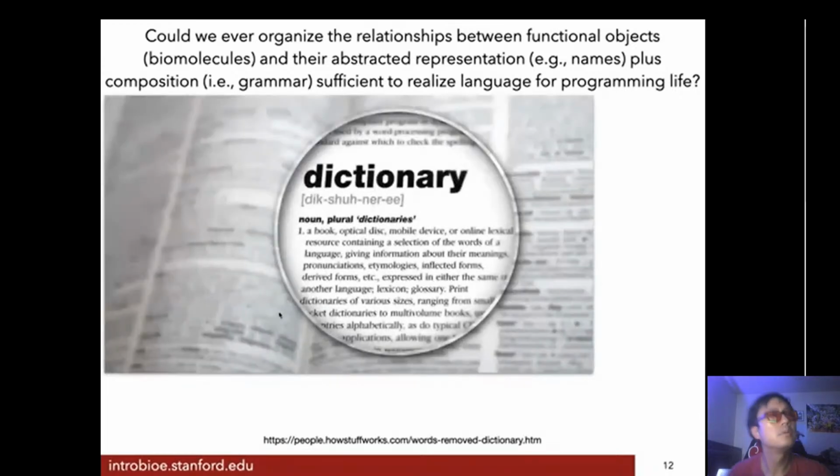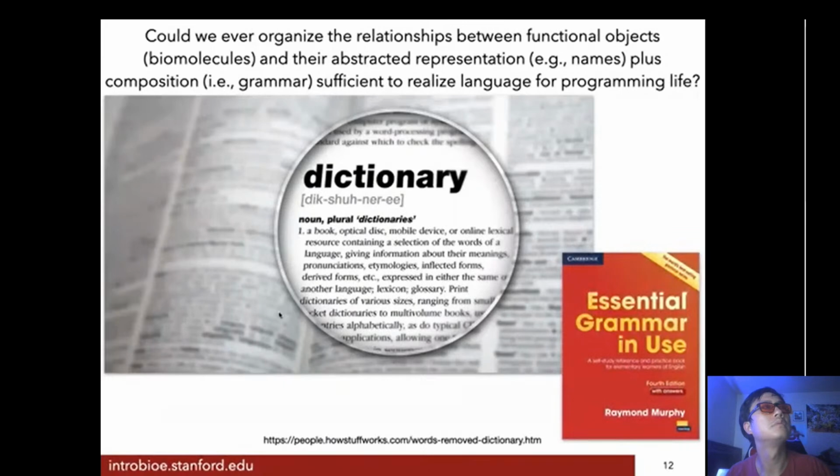You want to think about this with pictures, with English as a language or any human-to-human language. We're familiar with dictionaries, which have definitions of words. This is the relationship between the name of the word and its function. And of course, we have the rules of grammar, which give us the instructions for how to compose words reliably to make sentences and paragraphs and novels and so on. Could we develop this type of capacity, this bioengineering infrastructure, such that we could have one or more languages for relating to living systems, for expressing our wishes and intentions within the code of life?